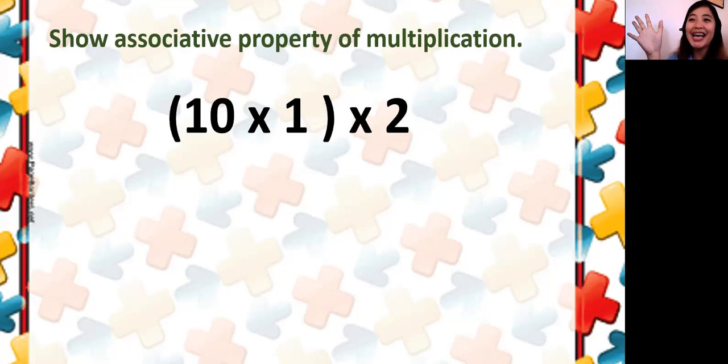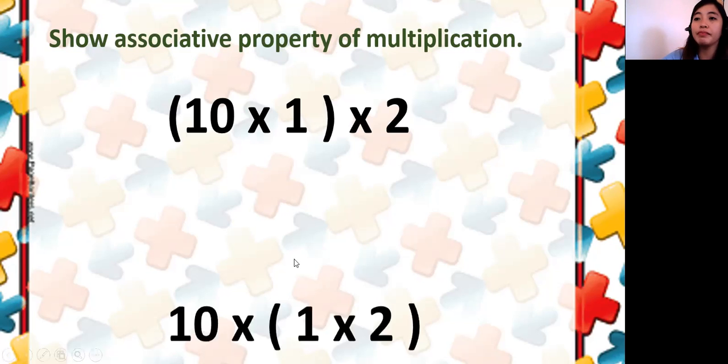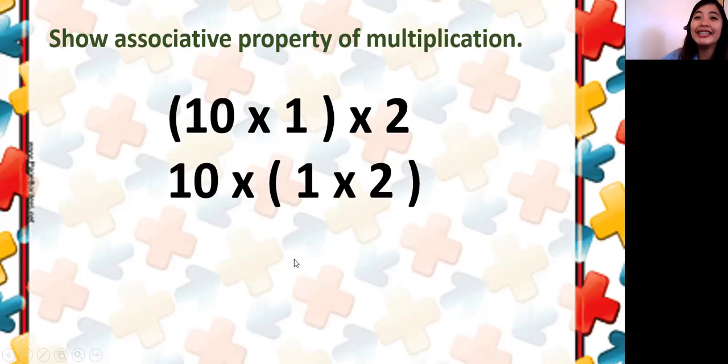Time's up. Okay. So here, 10 times 1 times 2, where 10 times 1 is in the group. Kindly raise your whiteboard and check if you have the same answer as this one. Here, 10 times 1 times 2, but this time, 1 and 2 is in the group. So 10 is the same position, 1 same position, 2 same position. It's just that the one in the group is 1 and 2. Okay, kindly put a check mark if you are correct.